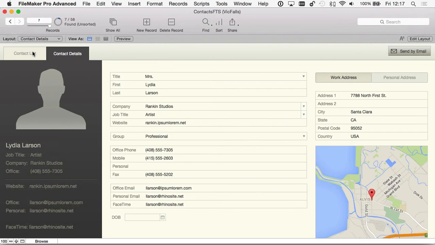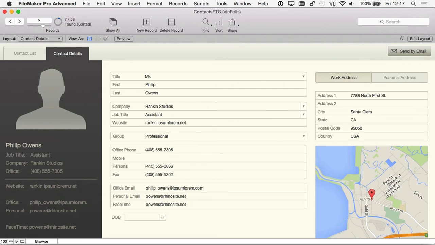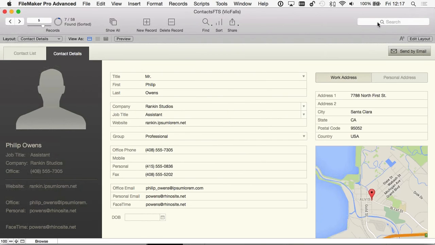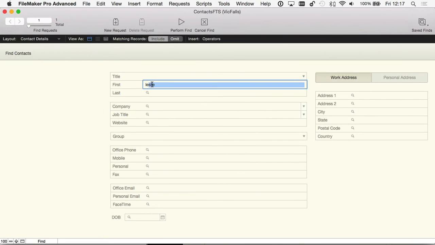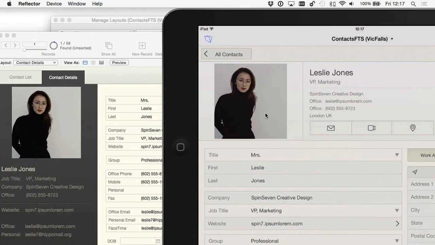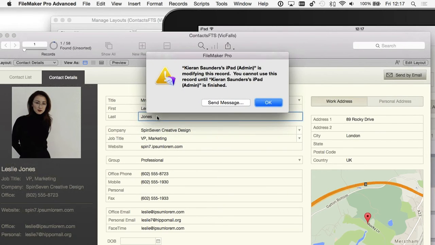So let's find, let's pick on Philip, or maybe we'll choose Leslie. She's got a picture. So I'm just going to find Leslie on both. There we go. So we've got the same record up. Now, if I'm on my iPad and I decide that Leslie is changing her surname, and I'm still within that record, I haven't come out, and I try to change this record on the desktop, so another user in effect,